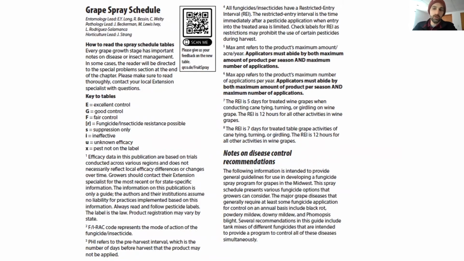We've updated all the efficacy information and all of the pest application information by crop growth stage. At the start of each chapter, you'll find information that provides the base information you'll need to know to understand the tables. This information is also underneath each table, so you don't have to go looking for it.